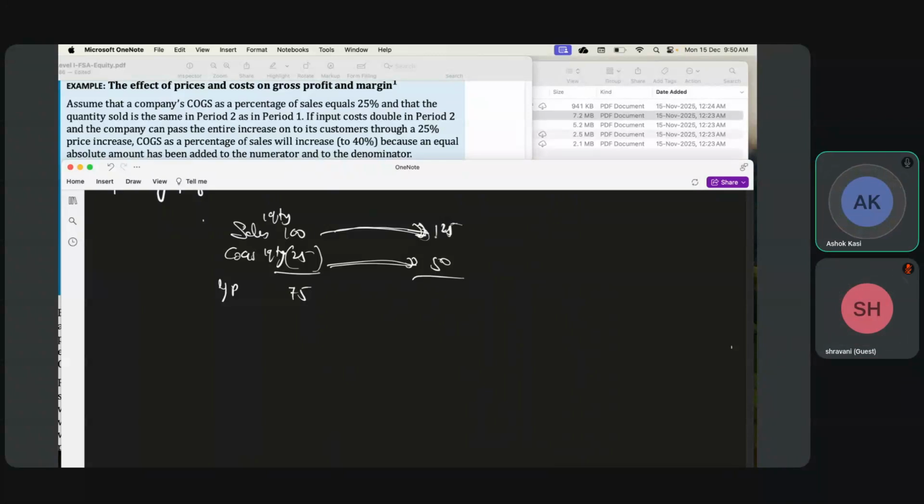Understood this step? Yes. So now what is the gross profit? Calculate. This will be 75. So it is the same gross profit. And then